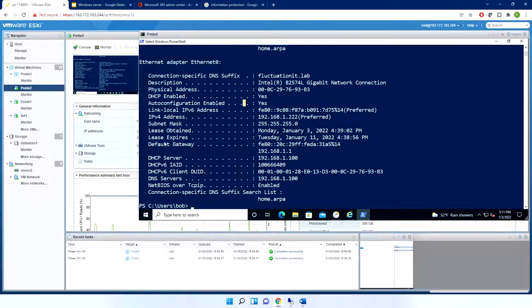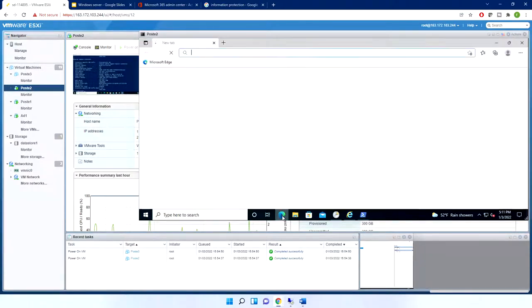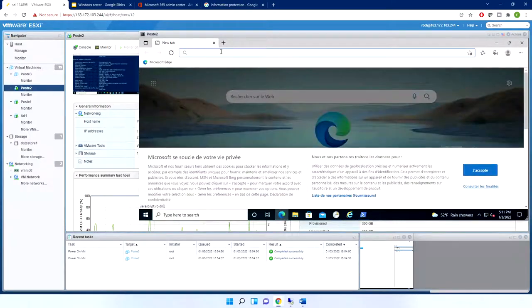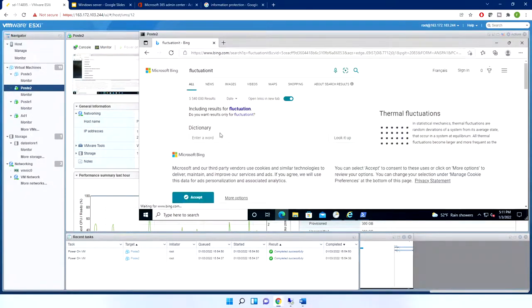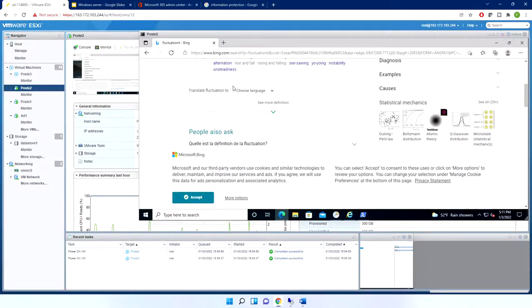So you can see that my DNS server is this one, okay? Meaning that he knows that it's my DNS server. So each time I want to go outside, for example, if I go to my website, Fluctuation IT, by the way, I will change the name of my website because it's a little complicated. And if I go on my Fluctuation IT website here,